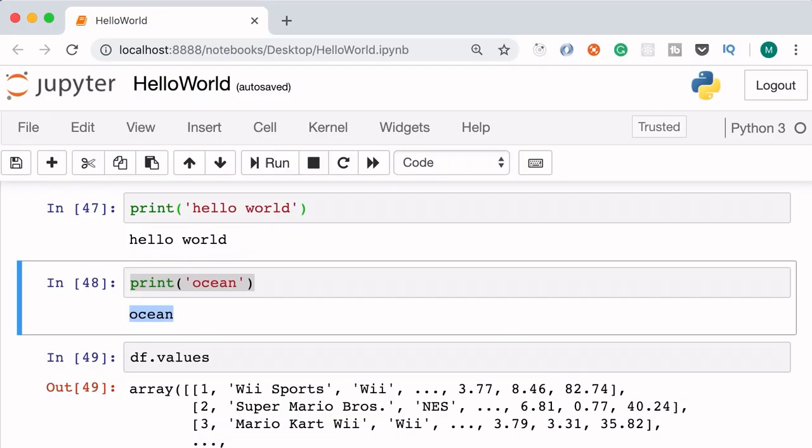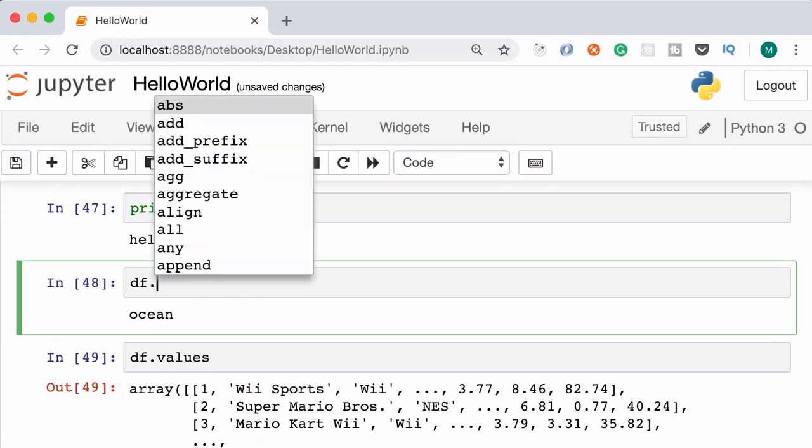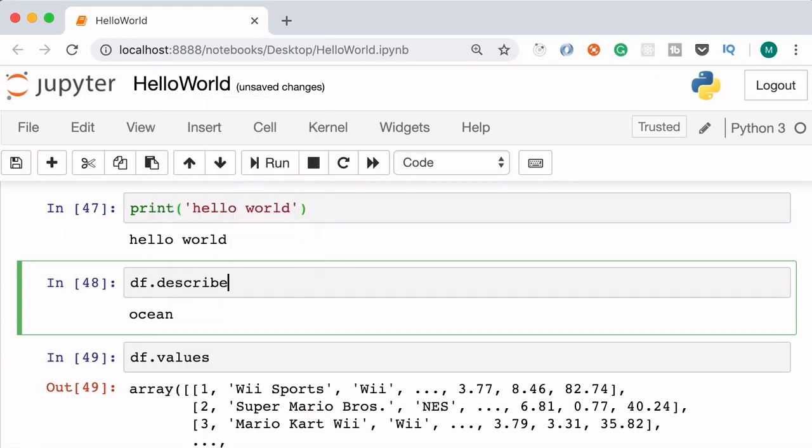Here we also have auto-completion and IntelliSense. So in this cell, let's call df dataframe dot. Now, if you press tab, we can see all the attributes and methods in this object. So let's call describe.